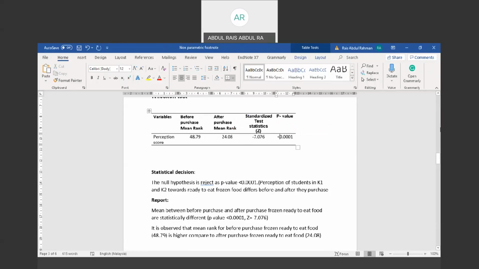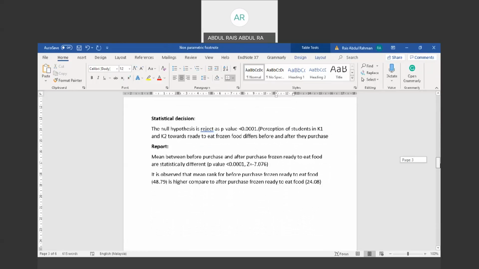Okay. So the statistical decision would be the null hypothesis is rejected as the p-value is below 0.001. In this case, perception of students in K1 and K2, the bachelor's degree in food technology, towards ready-to-eat food differs before and after the purchase. So we can report this as the mean between before purchase and after purchase of frozen ready-to-eat food are statistically different. It is observed that the mean ranks for before purchase of ready-to-eat food is higher compared to after purchase